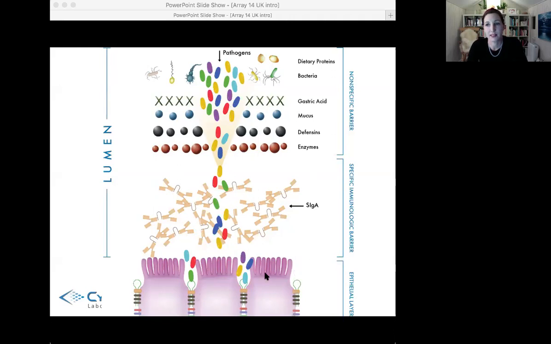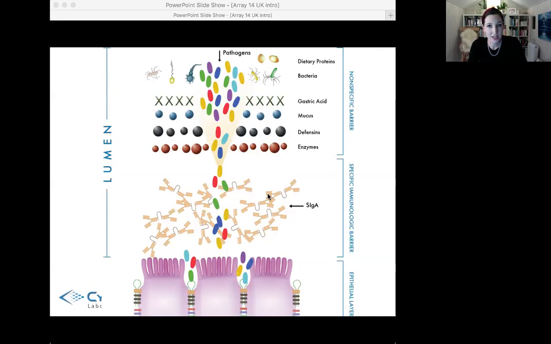So in the epithelial layer, the antigen has already encountered the defensins and the enzymes and the mucus itself, but also the secretory IgA. So understanding the health of these layers, I call it the immunological lasagna in my own clinical practice, understanding the health and the function of these layers actually really helps us to understand how our defense system is working,